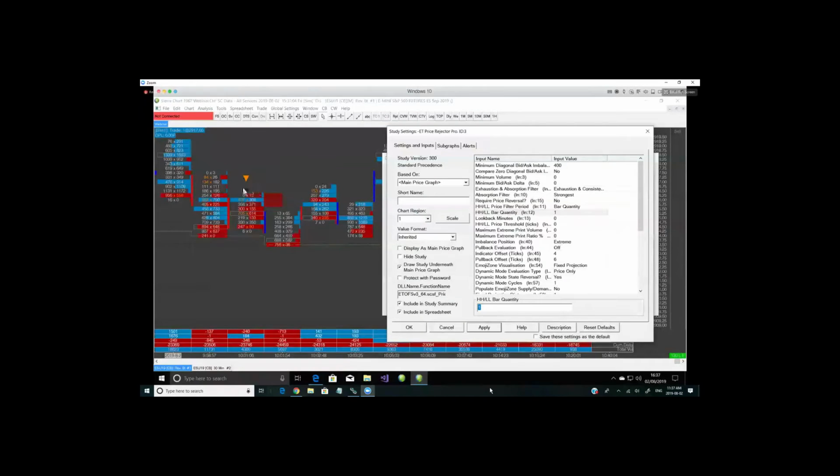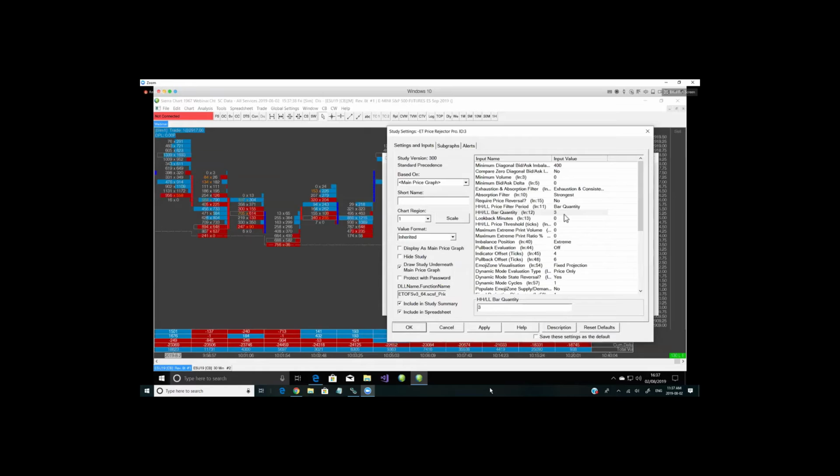So by using bar quantity, and this is similar to what we had in version 2, we can look back over a previous number of bars, and we require that for a high condition, supply condition, the bar's price must be equal to or higher than the highest high of the preceding number of bars. Likewise, the low, we need the bar to make an equal or lower low than the previous, in this case, 3 bars. That's quite simple, but the thing is, on our 8-tick reversal chart, 3 bars is meaningless to the